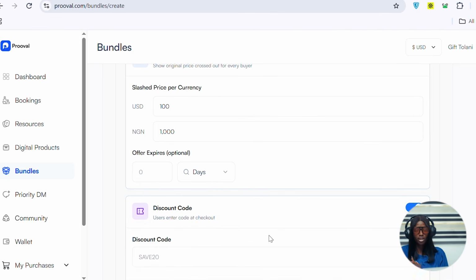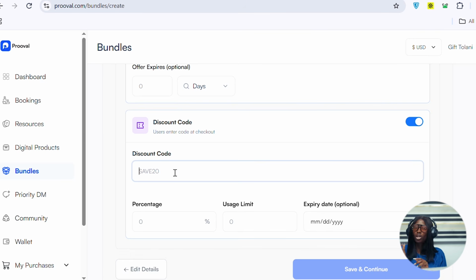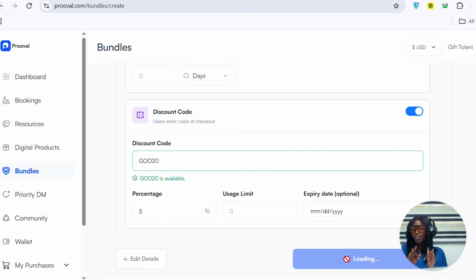Afterwards, we move to discount. All you have to do when it comes to discount is to set your discount code. Once you set your discount code, you move to the percentage that you would like to take off for your clients. Once this is done, click on save and continue, and this takes us to the next step, which is